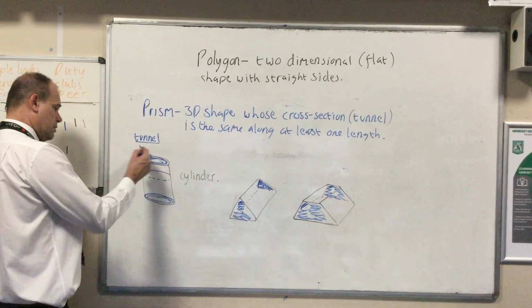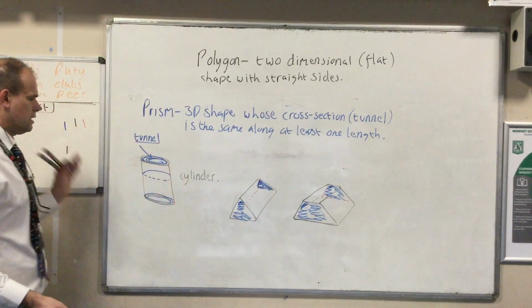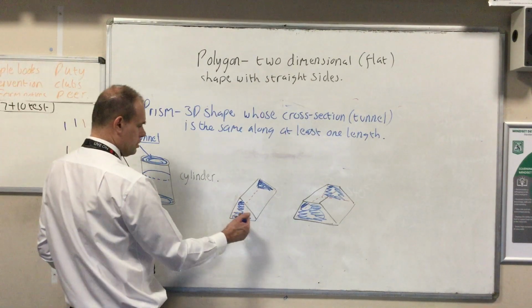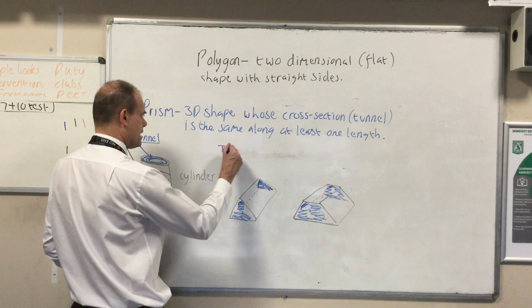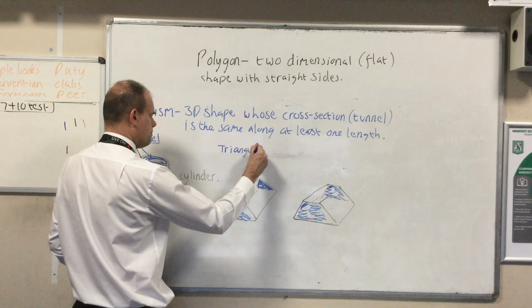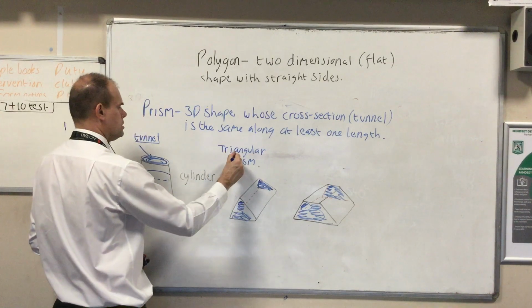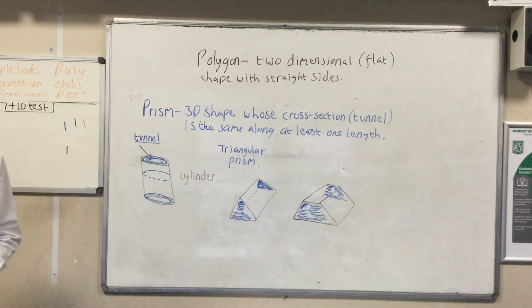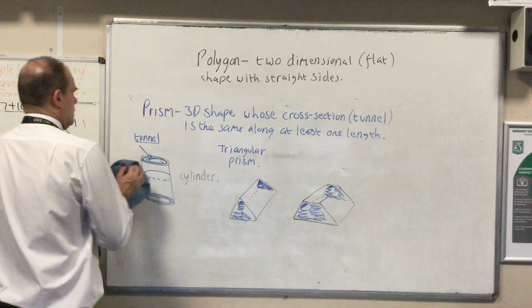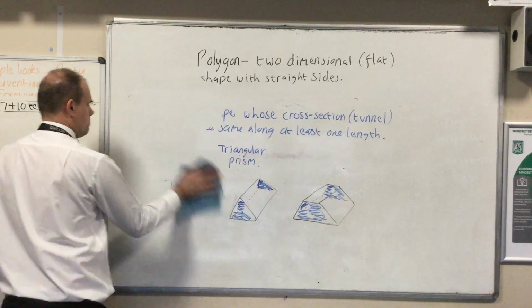Now, usually we give a name to the front bit, and obviously we call that a cylinder, that has a special name. But this one, because it's got a triangle going that way, is called a triangular prism. So remember that word, triangular prism. Again, it should be in your notes with your teacher. Okay, let's go back, nearly there. That's your prisms done. Let's go back to your